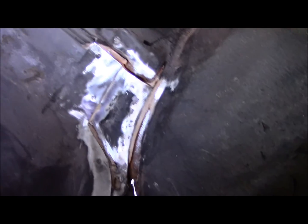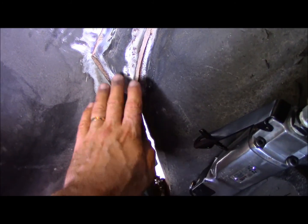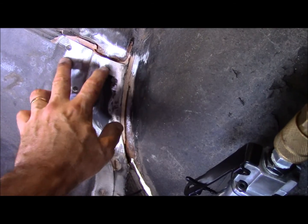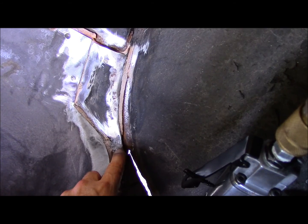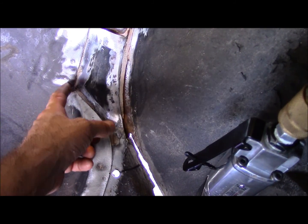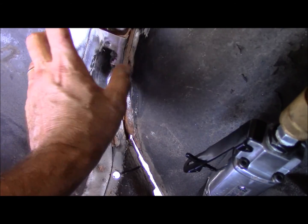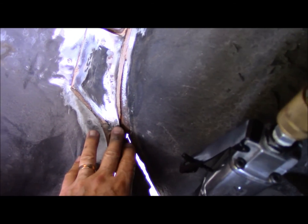Anyway, the torque box that I have, where the sheet metal comes together, it comes up into this portion and it covers this right here, this flap of metal that comes up and then joins with the trunk pan. And this is in such good shape, and the one on the replacement piece is kind of distorted a little bit because it was a used piece and all the spot welds were cut out and had to kind of be yanked out, so it's a little twisted up. It had to be hammered back. And I'm thinking this is in such nice shape and the sheet metal's so good, I'm just going to leave